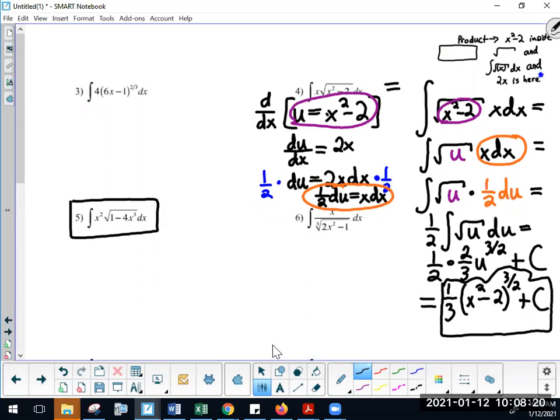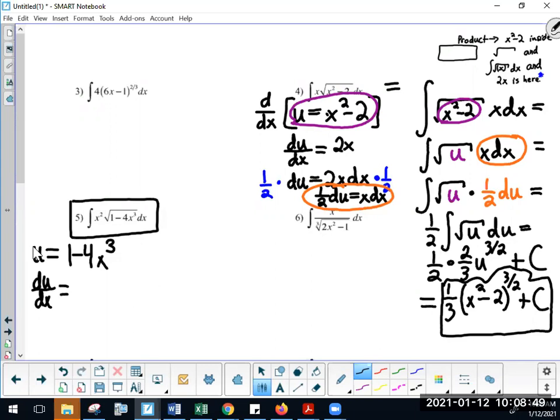So imagine if everything except the square root was gone. Could we do that? We sure could. That's going to work. Okay. So that's what our goal is going to be. So we have 1 minus 4x cubed. That is inside the square root, yes? Okay. If I differentiate that with respect to x,